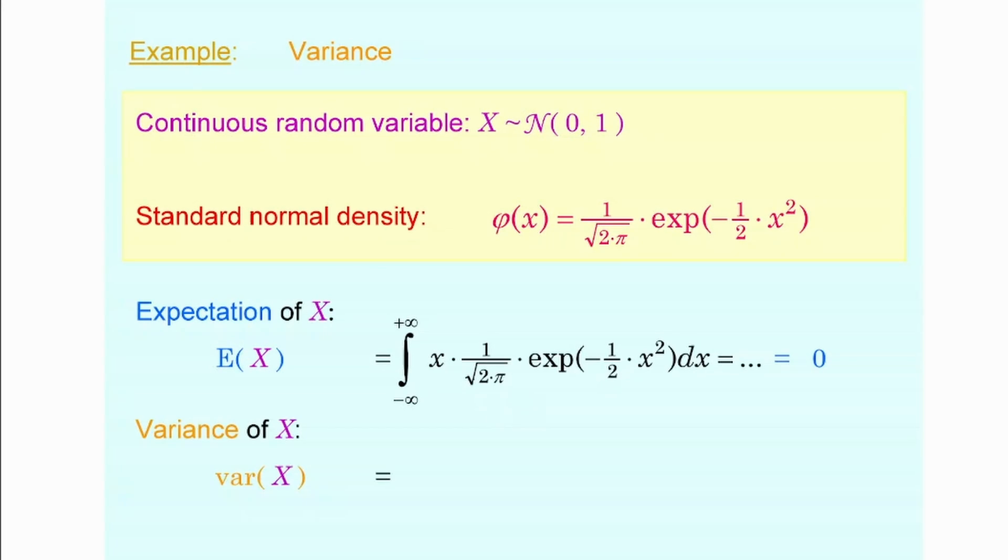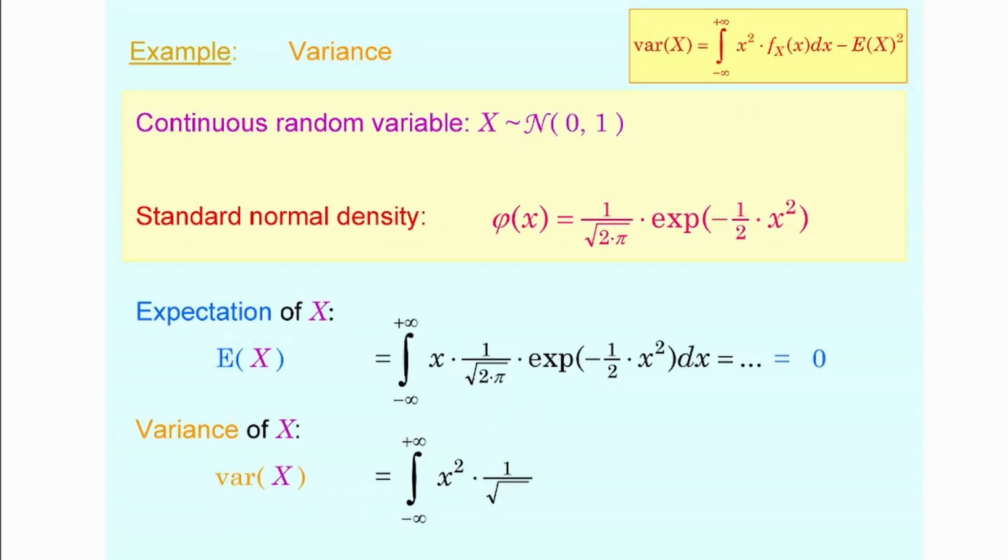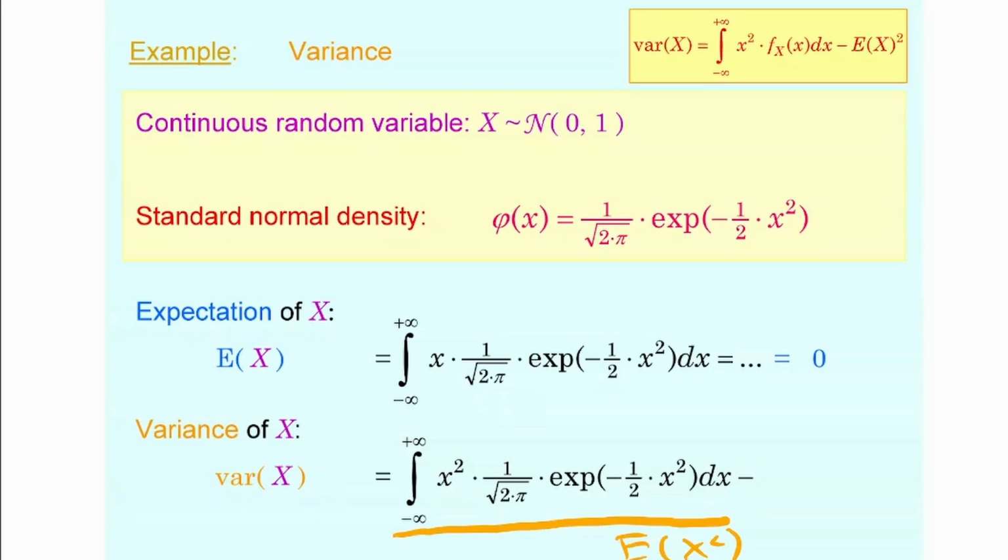And the variance is going to be equal to 1. Now, looking at the variance, again, the variance is the mean of the squares minus the square of the mean. And keep in mind, the mean of the squares is going to be calculated from x squared times the density. So looking at this integral, this is the mean of the squares, and then you subtract the square of the mean. Now, the mean is 0, so its square is also going to be 0. So that integral is going to be equal to 1 after all.